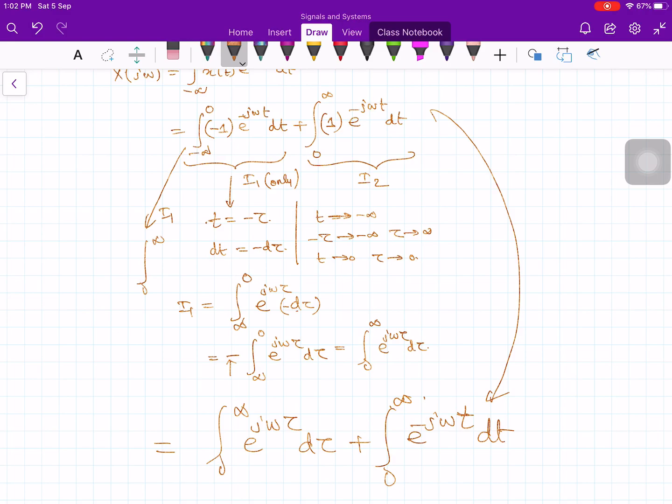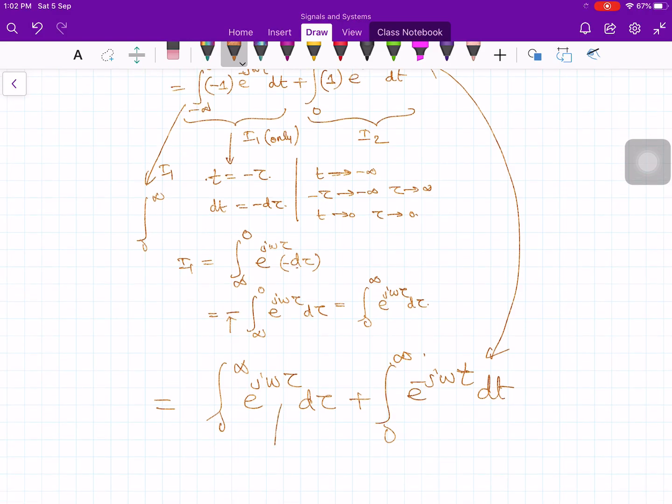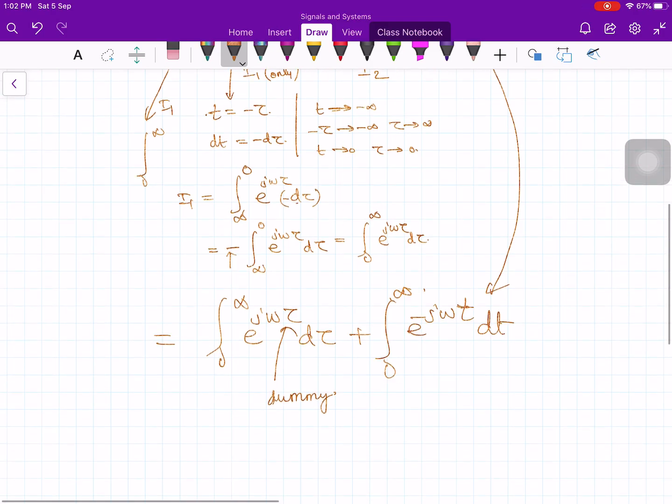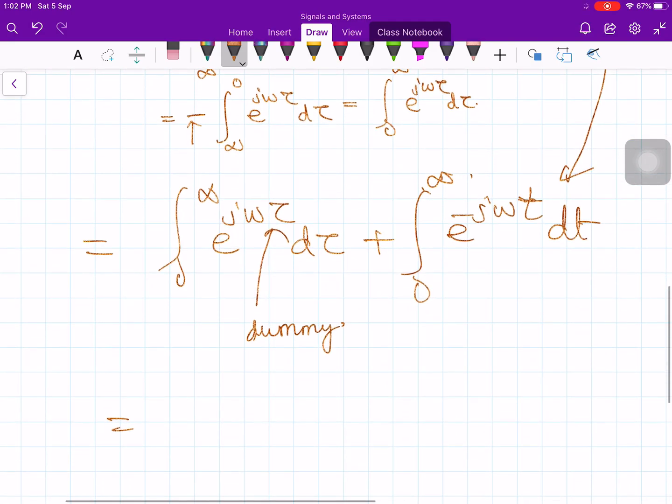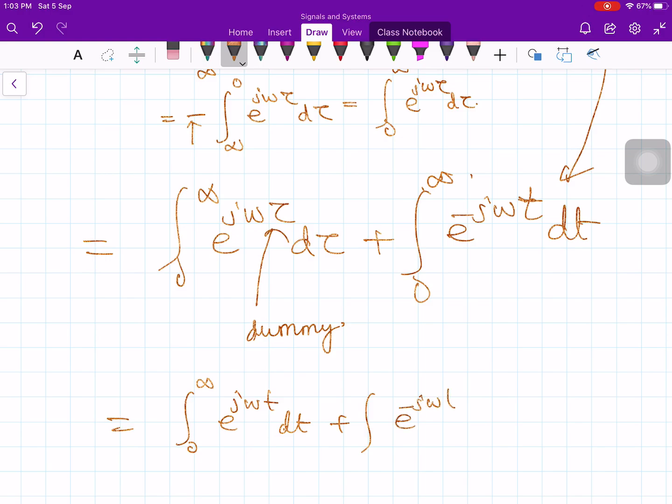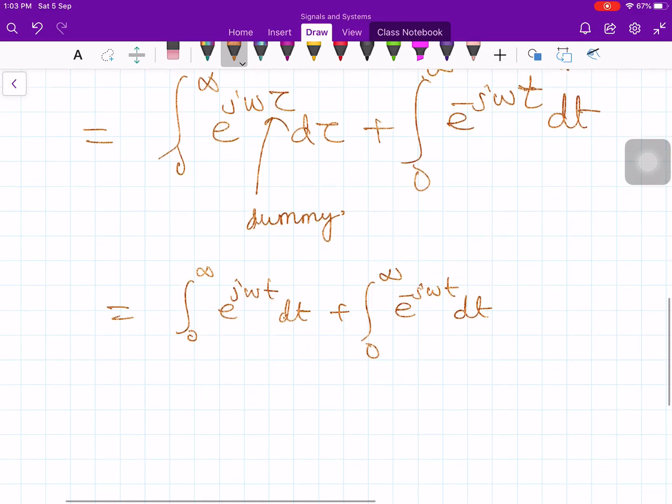Now after all, in this first integration, tau is a dummy variable. You can put whatever variable you like, so simply you change tau to t again. Then this is 0 to infinity e to the j omega t dt plus 0 to infinity e to the minus j omega t dt. Now do the integration, it becomes e to the j omega t